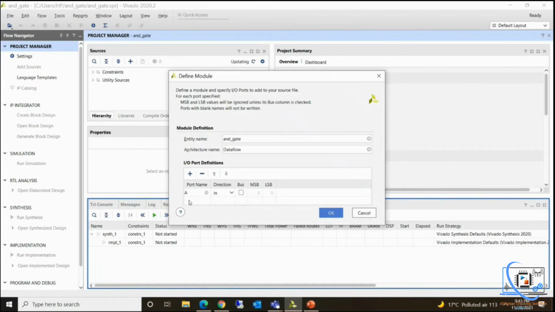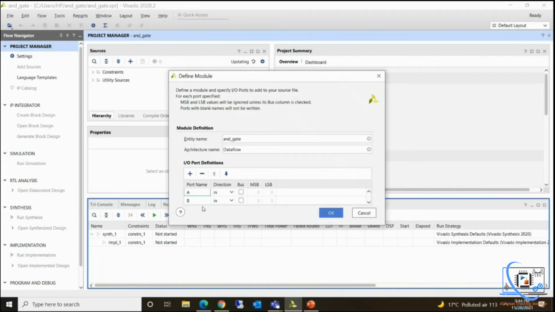So either you can give A separate and B separate. Also, you can give like this A comma B. So this is also one way of giving A and B differently in 2 rows.